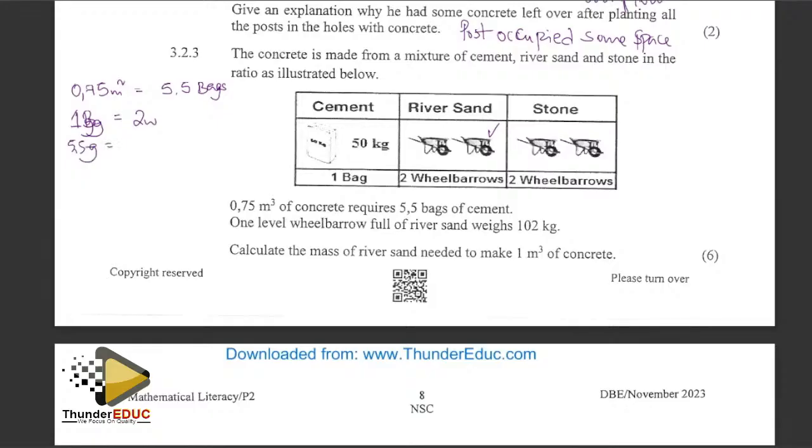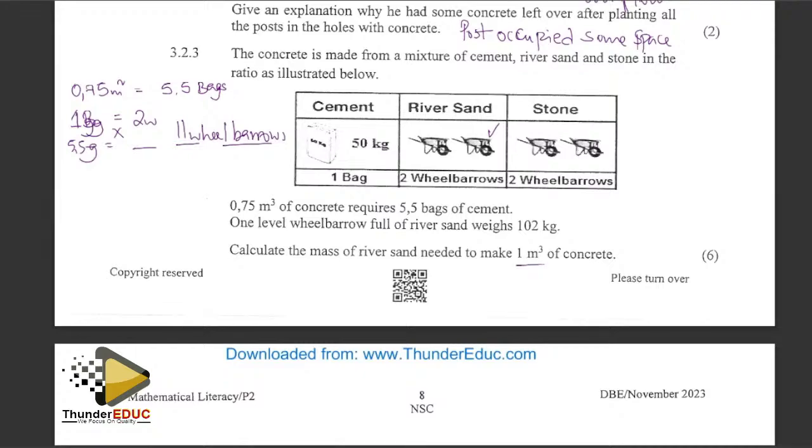How many wheelbarrows would you need? You will need to multiply. Multiply that becomes 11. So we shall need 11 wheelbarrows. But then these are wheelbarrows. We are not interested in the wheelbarrows. We are interested in